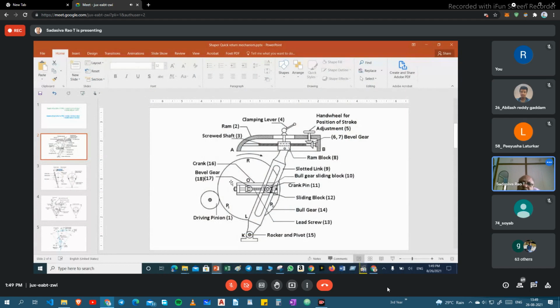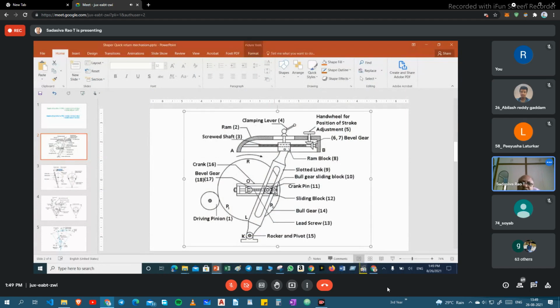Here it will rotate 240 degrees, that is the forward stroke, 240 forward stroke and 120 return stroke. That is less degrees, so quick, it will come back.